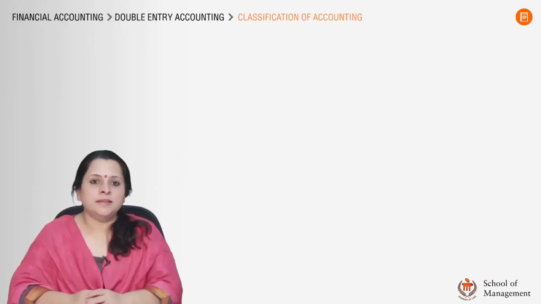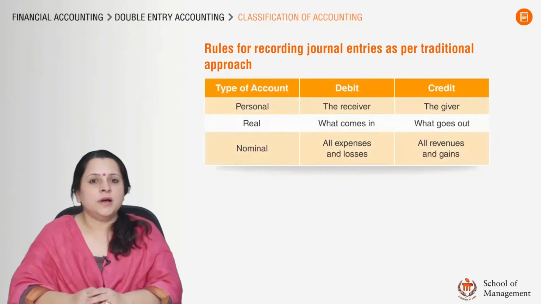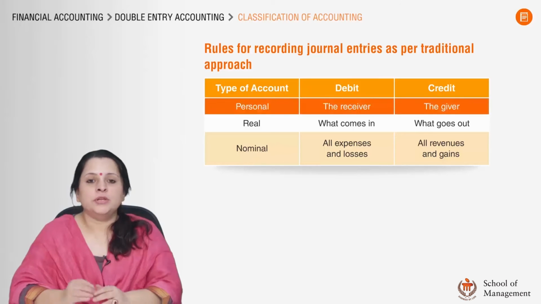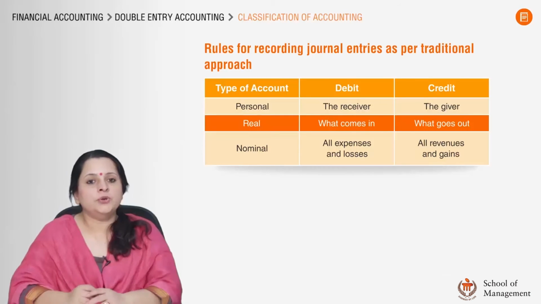Now, let us understand the accounting rules to be followed under traditional approach. These rules are popularly known as the golden rules of accounting. And the rules are: for personal accounts, you have to always debit the receiver and credit the giver. For real accounts, the rule is to debit what comes into the business and credit what goes out of the